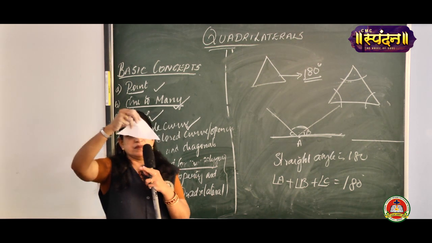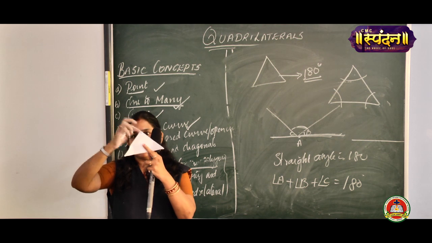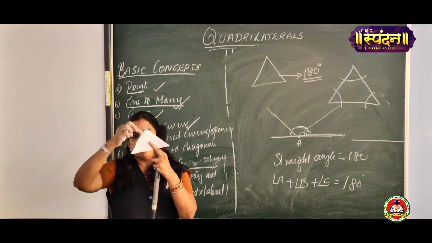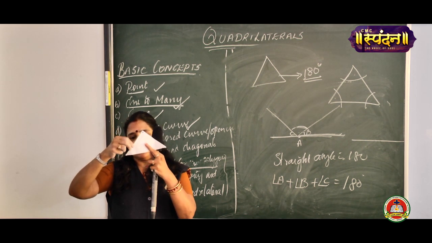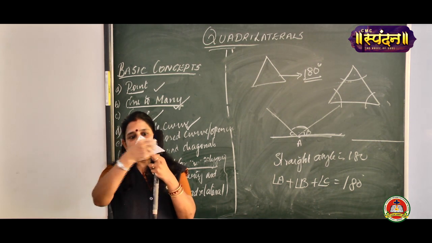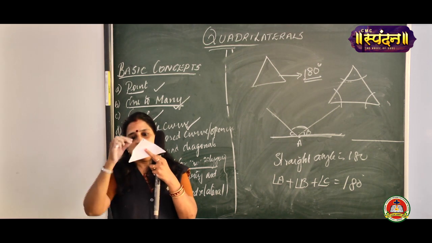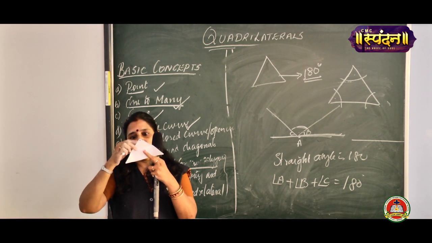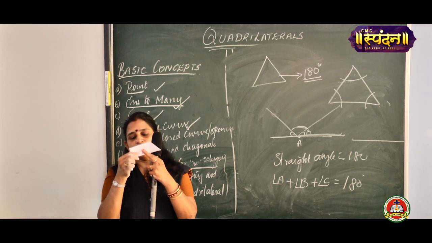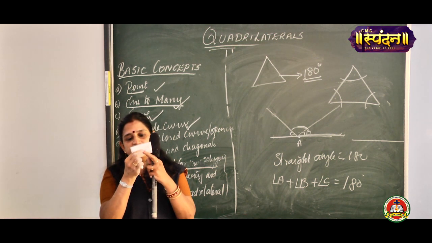You can take any triangle. First mark the vertices as A, B and C. Find out the midpoint of the side AC and find out the midpoint of the side BA. After finding the midpoints, you drop the perpendiculars from the midpoints. After dropping the perpendiculars, along the midpoint you fold the vertex A, along the perpendicular you fold the vertex C, and along the perpendicular here also you fold the vertex B.